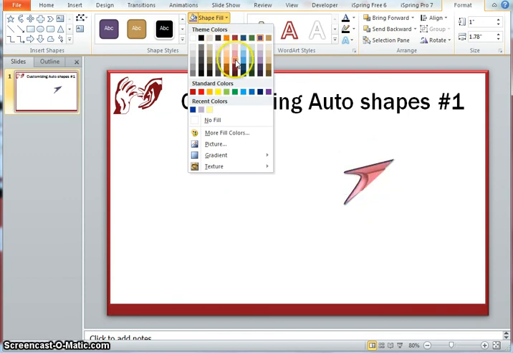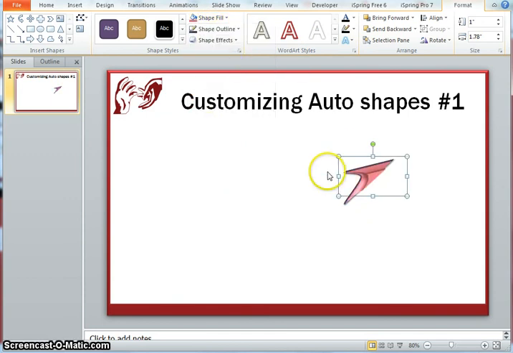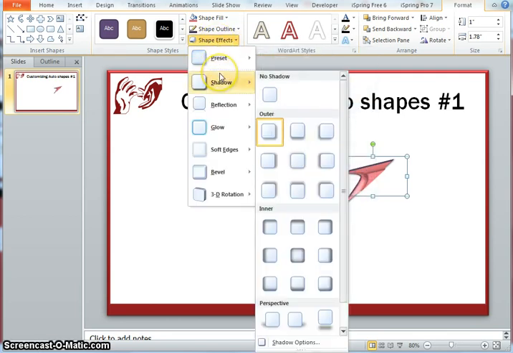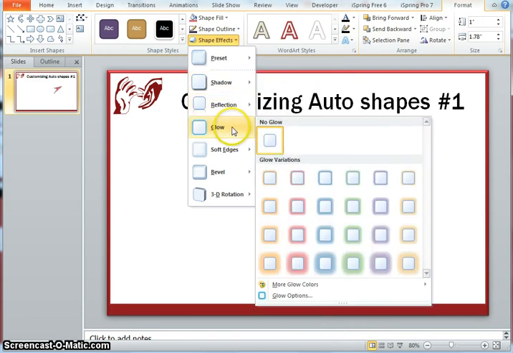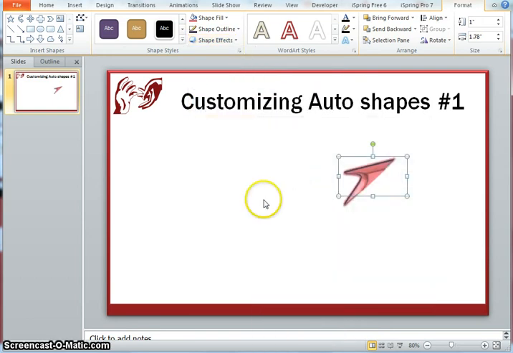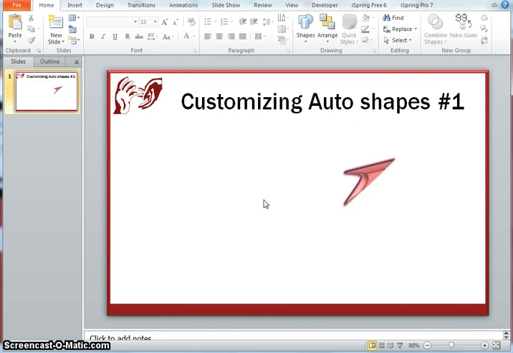So let me just change it in color so that you can see the difference. So if I change the color, immediately you can see the changes that have happened, and I can change the shadow also further if I want to, and bring whatever changes I want to by using these simple format options. And you can continue creating good shapes out of this.